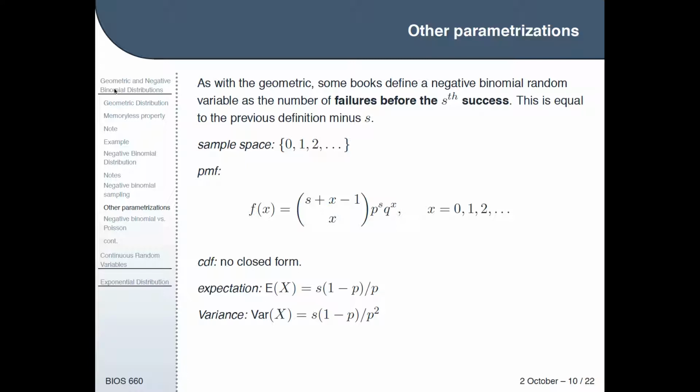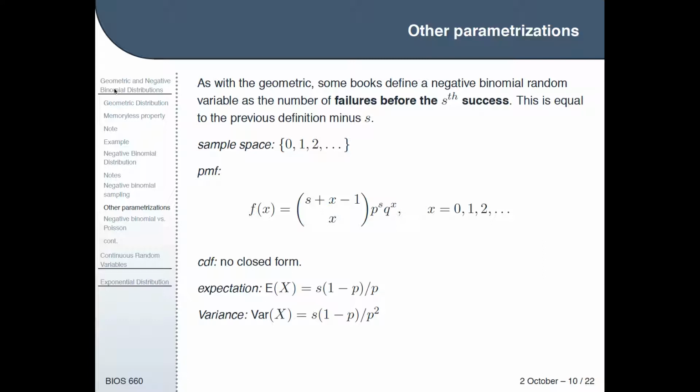But in this case, we don't count successes at all. We only count the number of failures. I mean, I think there are other books that count another way, but whatever. For the sake of this discussion, in this case, the sample space would be going 0, 1, 2, up to